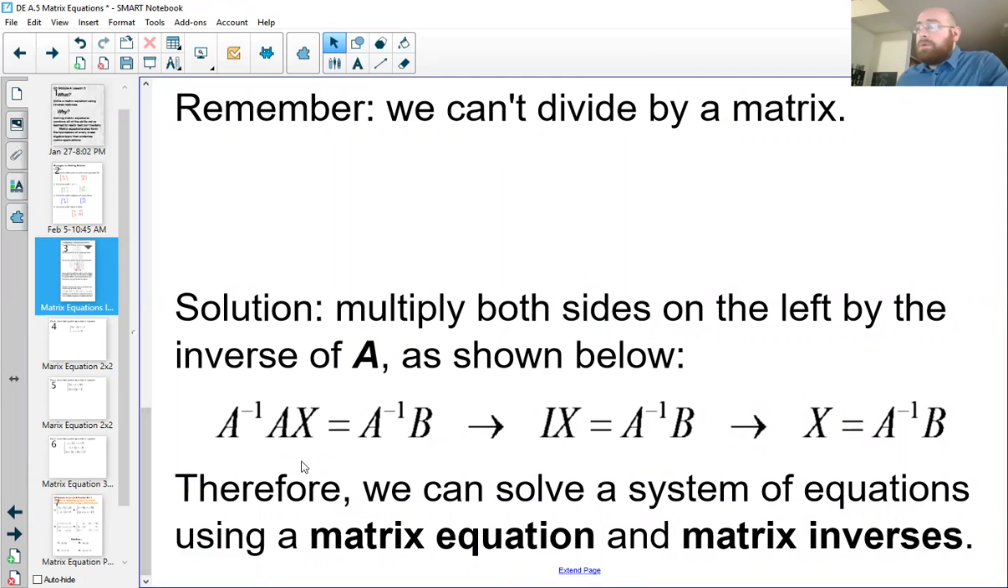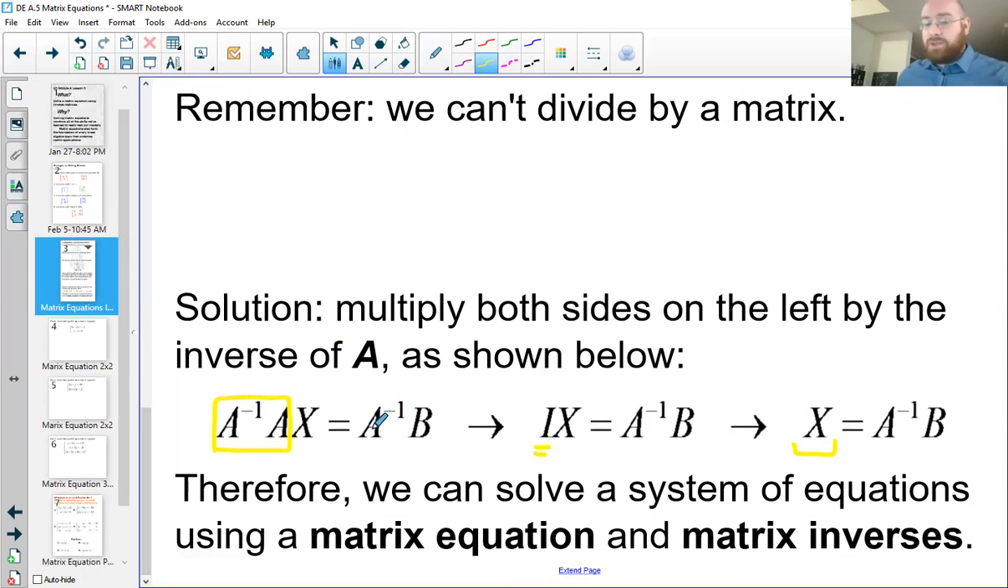So if we multiply both sides on the left by the inverse of A, as shown here, notice that on the left-hand side, A inverse times A is equal to the identity. Anything times the identity is equal to itself. On the right-hand side, we have